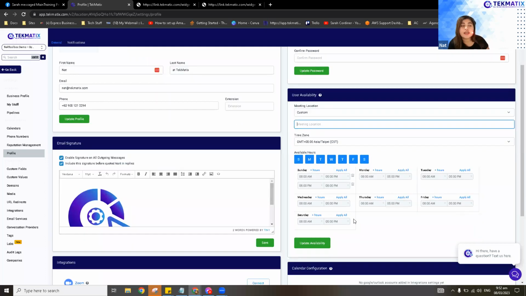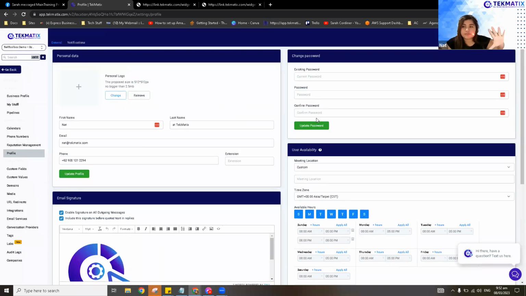So that's how you do it. Any changes that you make, please click on update availability, or update. It has different buttons per segment in there to save the changes.